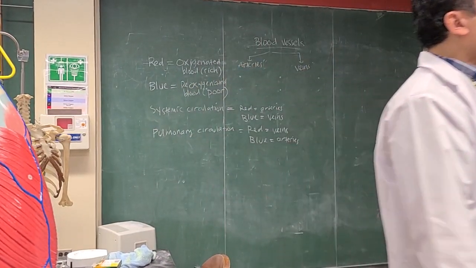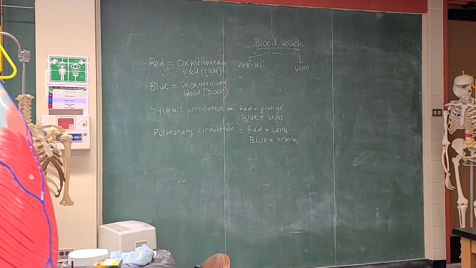That's important because when you try to identify this, you're going to see, wow, this is blue. What does that mean? If it is going to the lung, for example, this one over here is actually the artery, the pulmonary trunk. And the red one that enters into this is going to be the veins. Look at this one. This is red. This is going to be an artery. This is systemic circulation, which is the aorta. Blue on the other side over here is going to be the vein, which is the vena cava, the superior vena cava from the top of our body, poor blood.